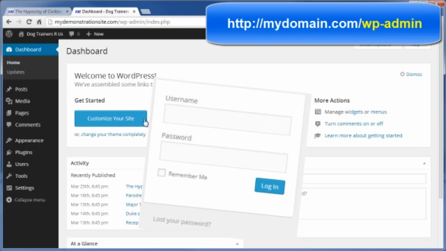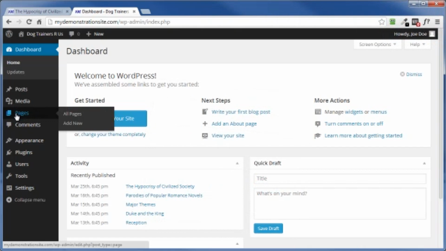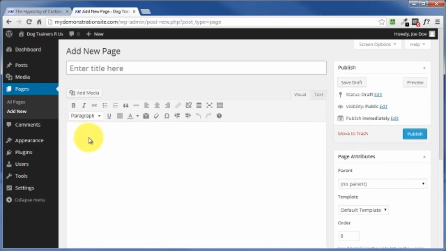Then once you're logged in, come over to the left main menu. And when you hover over the pages link, you're going to get this little flyout menu that lists all pages or add new. Now if you click on all pages or the pages link here, they'll take you to the same page, which is a list of all the pages that you've already published or those that you've started to publish but are currently in the draft stage. But right now let's check out the Add New tab, which brings us to the page editor, where you can